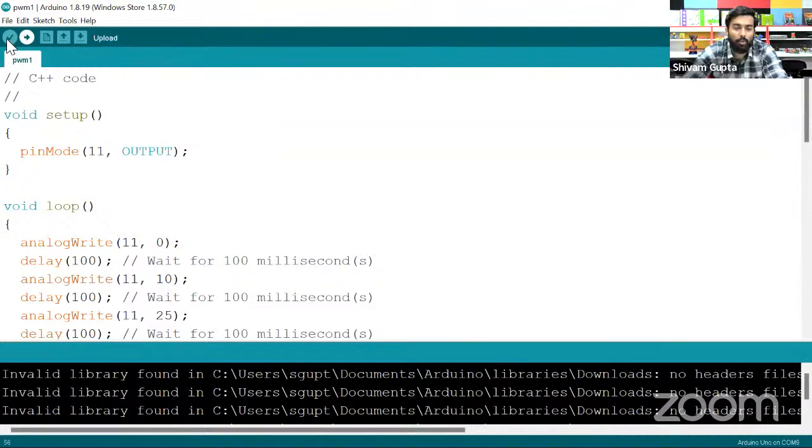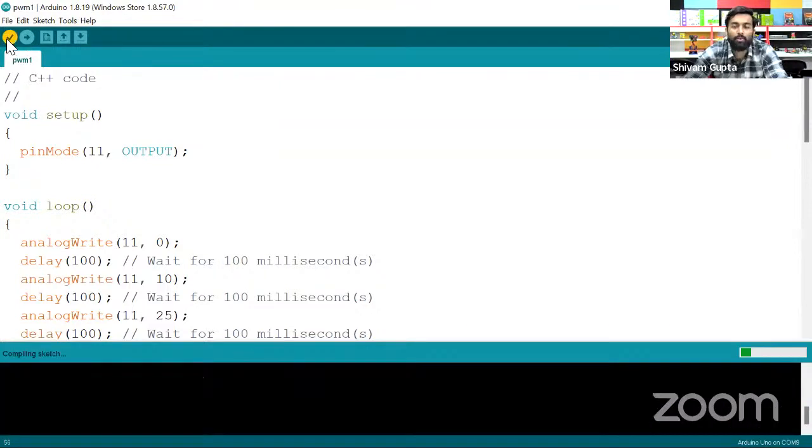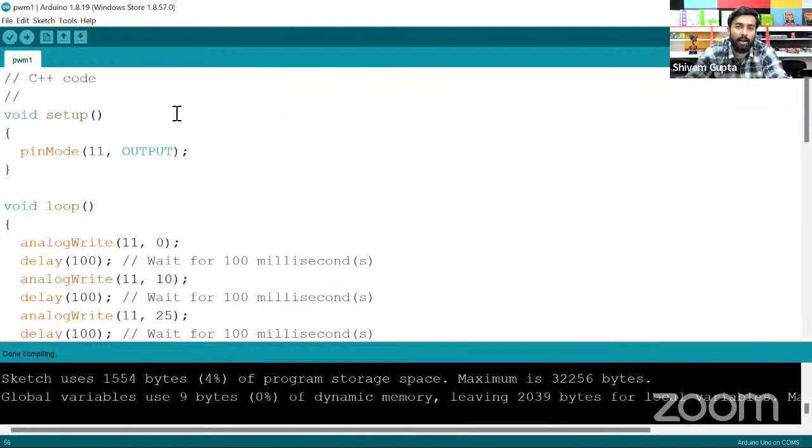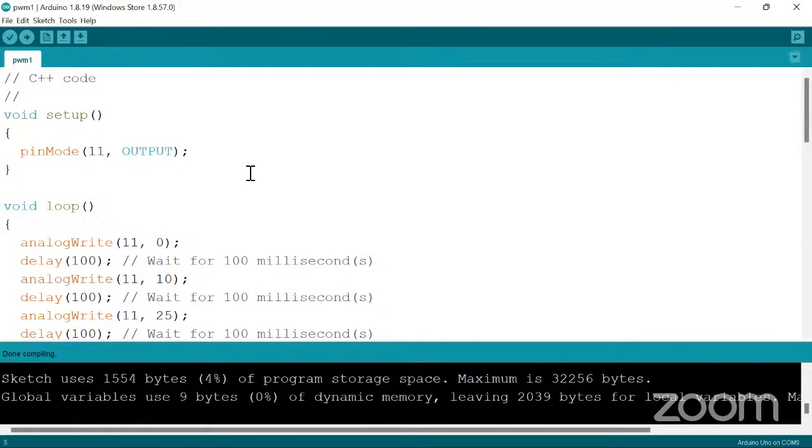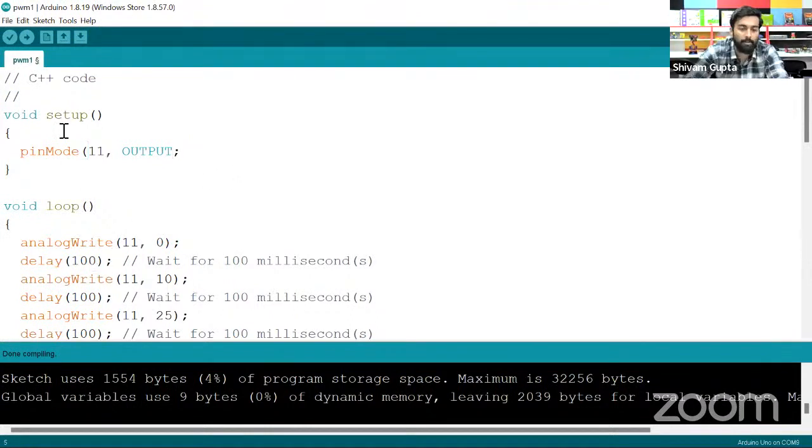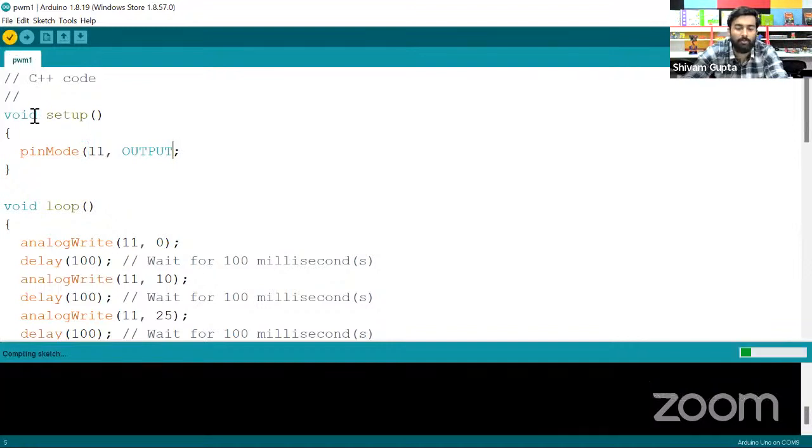Now there are two things, a verify icon and an upload icon. If you click on verify, it will check whether there is an error, in case anything is wrong. Although this code is converted directly from blocks, so it would not have any error. But if you are writing your own code, then you need to verify it. Let's say I remove this bracket. Now if I click here on verify,